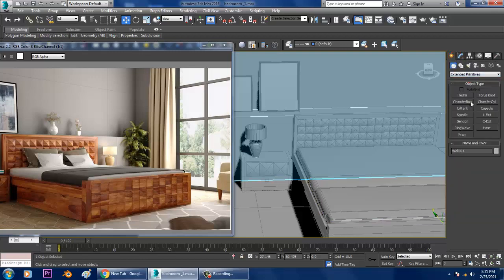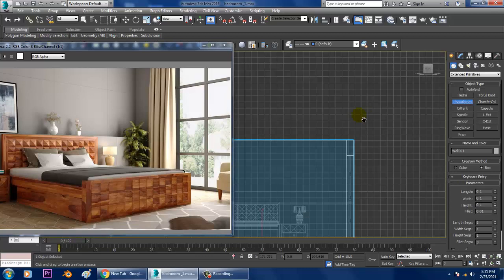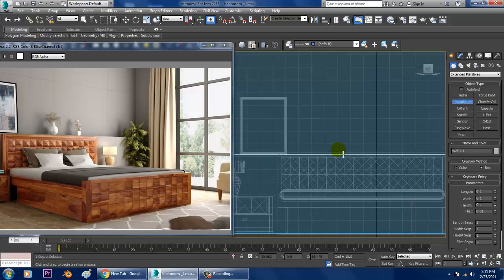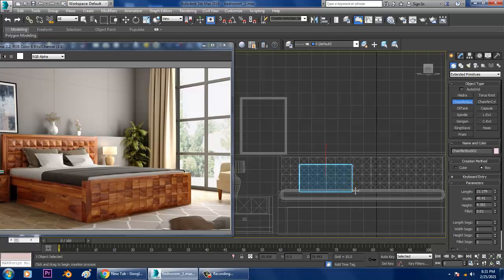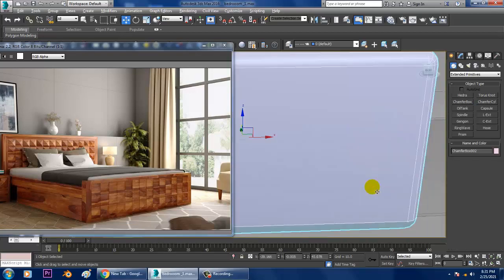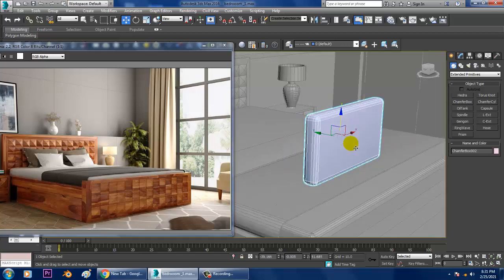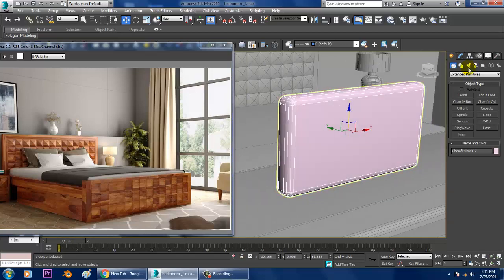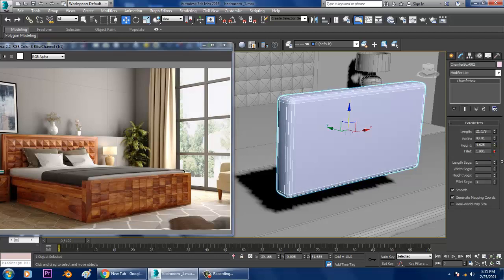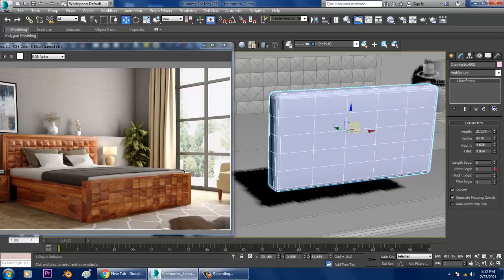Let's go into extended primitives and take a chamfer box over here. Into that we can increase the segments over here.